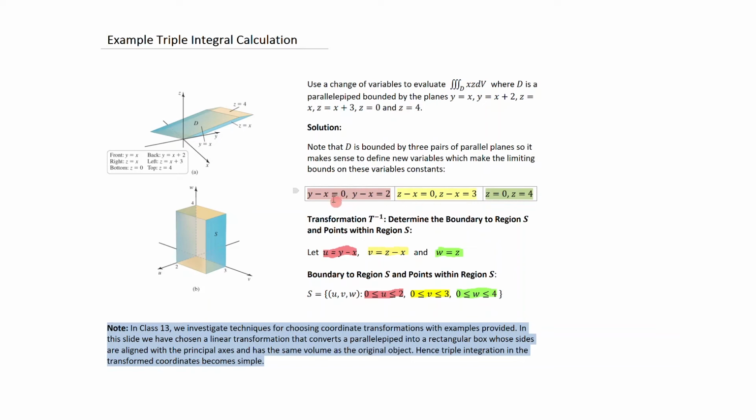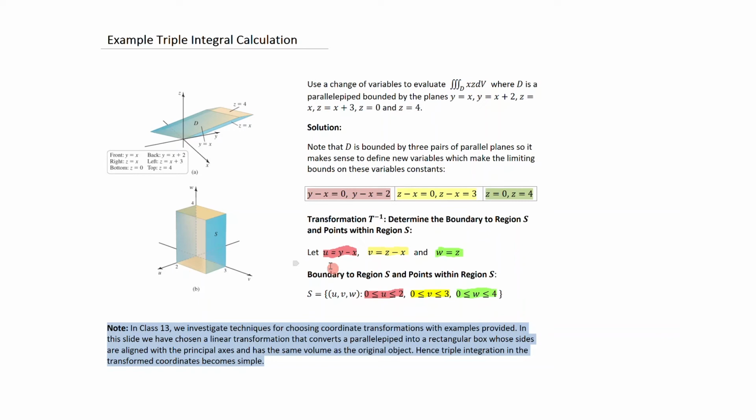So it would make sense to define y minus x as one new variable. So that means that you have a bound of 0 in one case and a bound of 2 in the other case. You define z minus x by a different variable, and so the bounds on that would be 0 and 3. And in this case, z equals 0, z equals 4 is already defined. So you really don't have to do anything special here. So what we're looking at here is replacing y minus x by u, a new variable, z minus x by v, and we'll just say w equals z, just for the sake of argument, so that is a